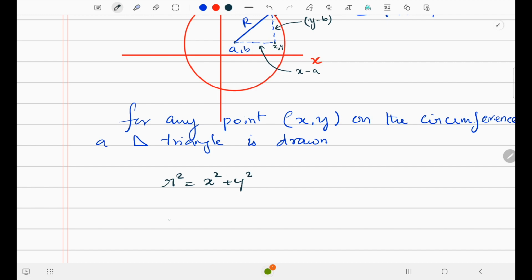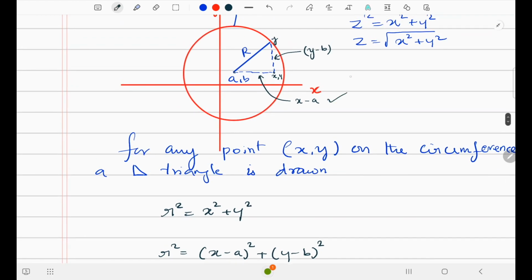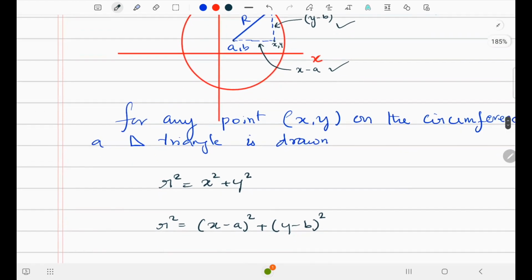But here the circle is not having the center point 0 comma 0. What we have to do: r square equals x minus a the whole square plus y minus b the whole square. So this is the horizontal distance and the vertical distance, right? So now rearranging,